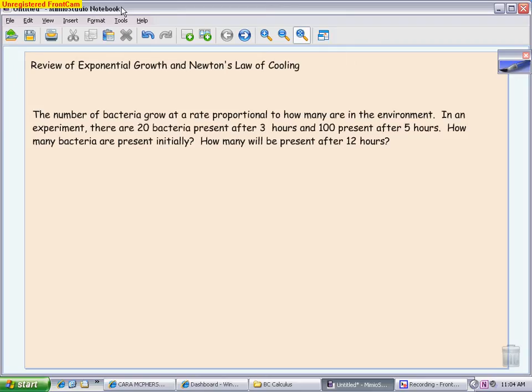many there are in the environment. That is an important statement because that is what indicates that it's exponential growth. The problem won't actually say that it grows exponentially or use the exponential growth model. They'll usually write a sentence like that first one, that something is growing or decaying at a rate proportional to how much is there. When you see that, then you automatically can go to our exponential growth model, which is